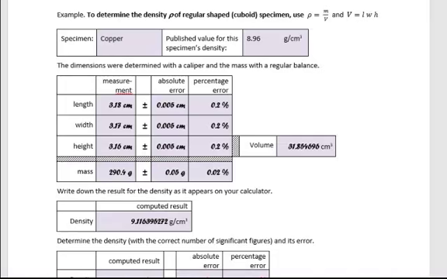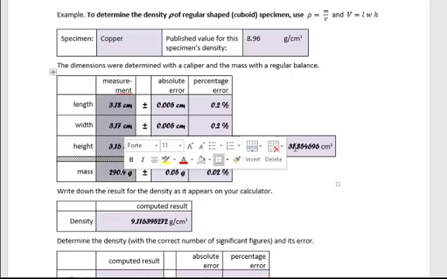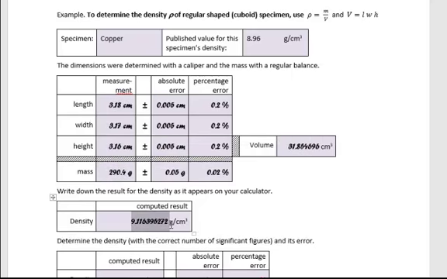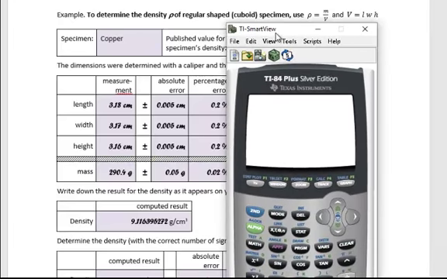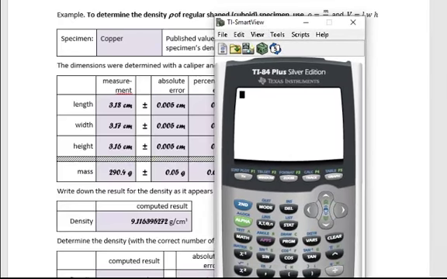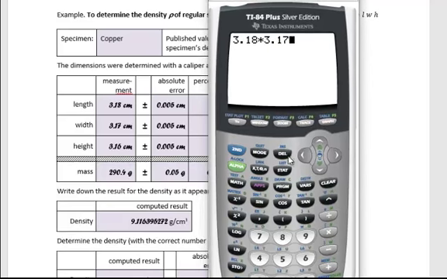So here's the example calculation for the copper cube, and then use that example calculation to figure out the others. I'm going to do the density and the volume first, so I'm going to just look at these numbers and come up with the volume over here, compute the density from it, round the density. After that I'm going to look at the errors. So here we go. Figure out the volume first, multiply these 3 numbers here. I think I'm typing off screen because not my entire calculator fits on the screen. So there we go,